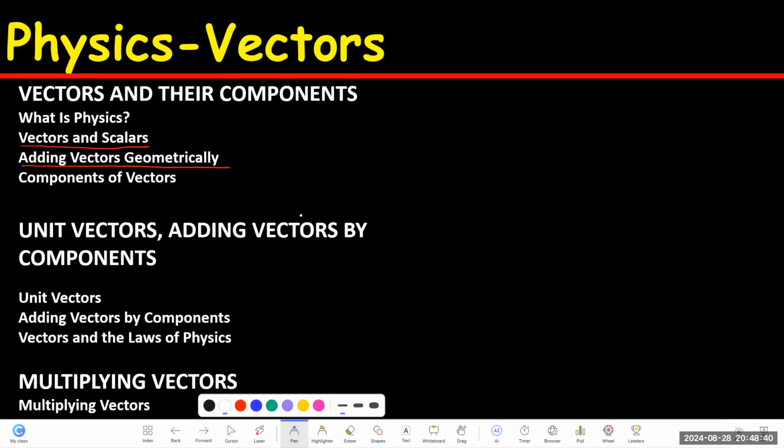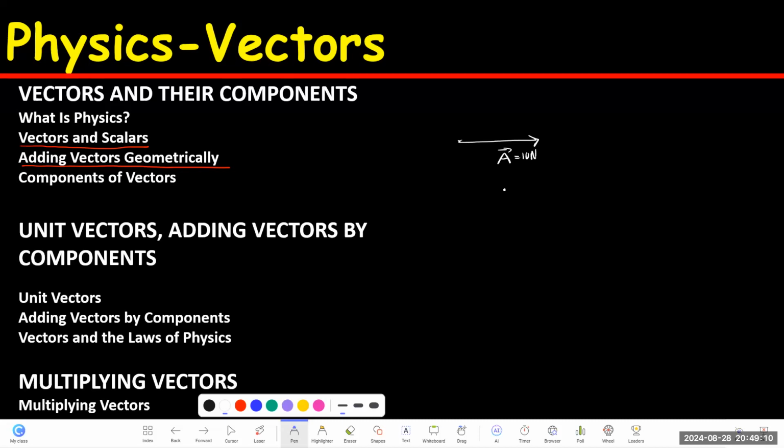Now, how can we add vectors graphically? In order to add vectors graphically, first of all, I need to know how to draw the vectors. To draw a vector, I need to draw an arrow, which shows the vector in its direction. So if I make a vector like this, I have to make a little tail or arrow on the top of that. This A is a vector, and A starts from here to, and A equals, let's suppose,